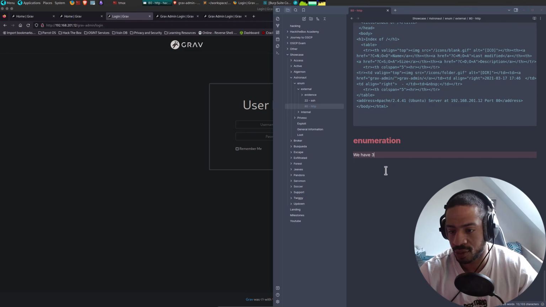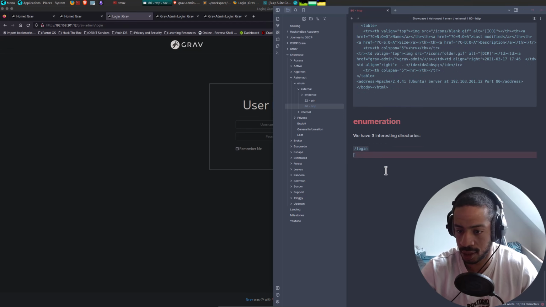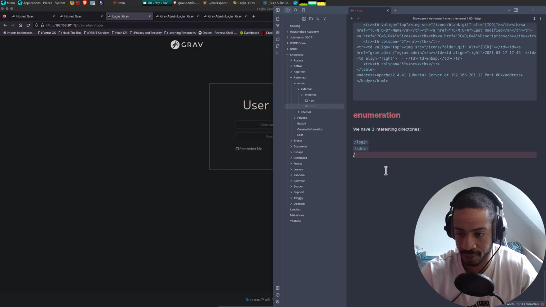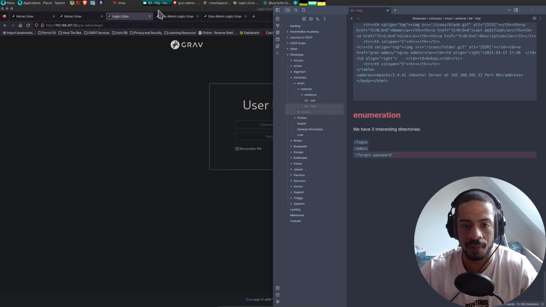We have 3 interesting directories. Login, admin, and forgot password. I believe it was like that.